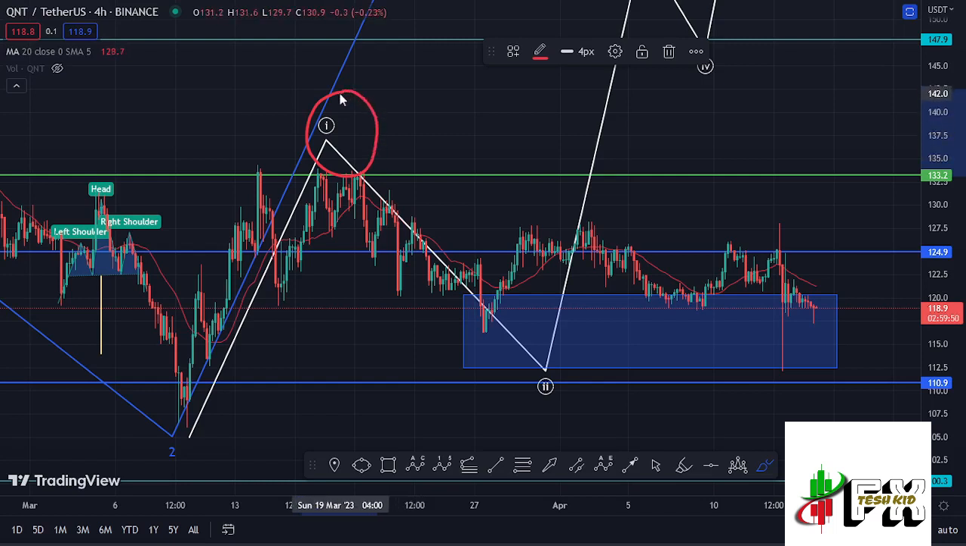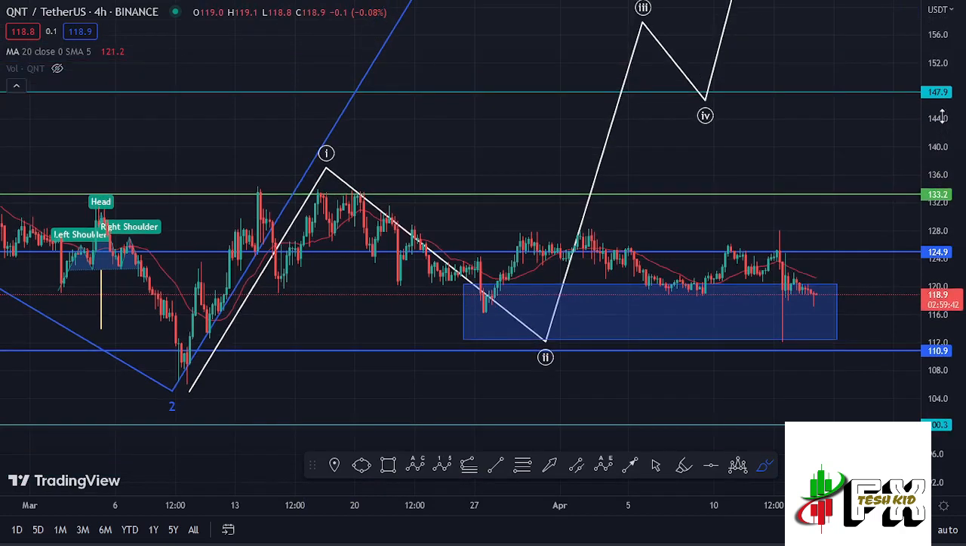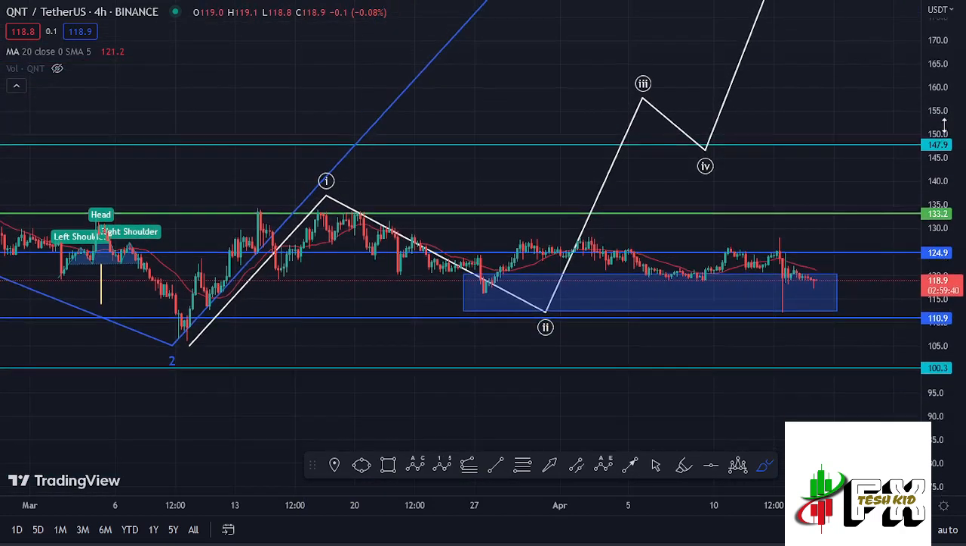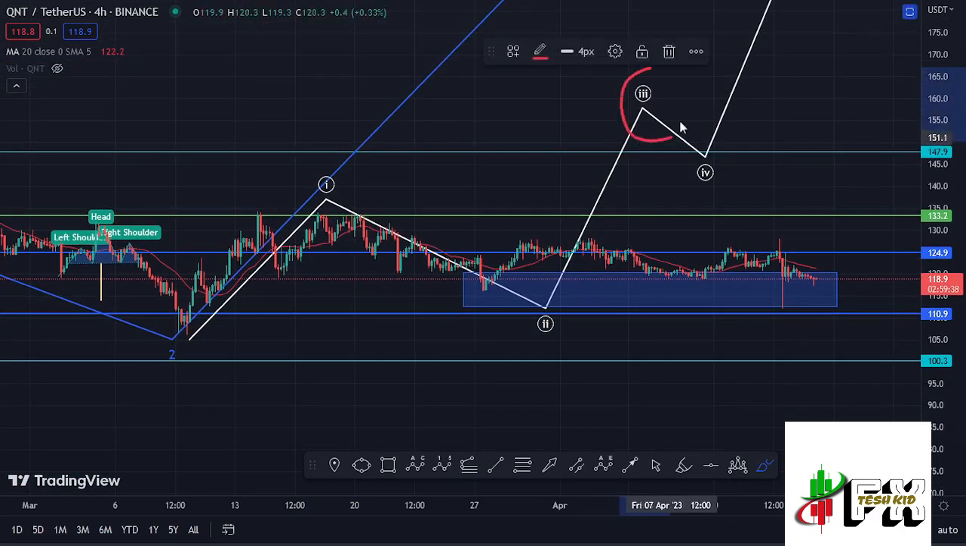And having seen the formation of that first wave and a corrective structure in the formation of this wave 2, I now believe that Quant is ready for a massive pump to the upside in the formation of this wave 3. And before I get further into the technical analysis, to give you the short-term scenarios, my target areas in